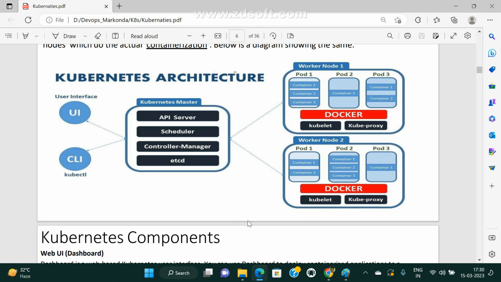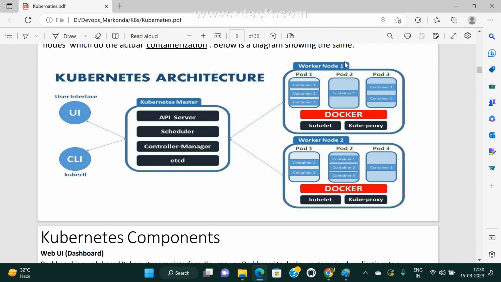So, Kubernetes architecture. This is the Kubernetes master, the master server. Don't get confused here: this is also one server, this is also one server, this is also one server. But the manager is also a resource, and you are also a resource, only the role is different. All are employees of an organization, but each employee has some role. The master has the main role, like a manager. He is responsible for taking control of all your worker nodes.